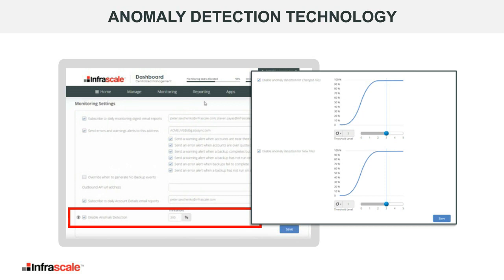Today, the ransomware encryption happens very quickly. So now it's no longer the strategy of slowly encrypting over a long period of time, but as soon as they gain access to certain parts of your network, boom, they just encrypt everything within about 45 minutes. In that scenario, this helps you identify where things started, where things ended. So as you go through your digital forensic process to figure out how our network was penetrated, what we need to do to recover and to protect ourselves to make sure it doesn't happen again, this anomaly detection warning system will point you at the machines and the times at which these anomalies occurred.